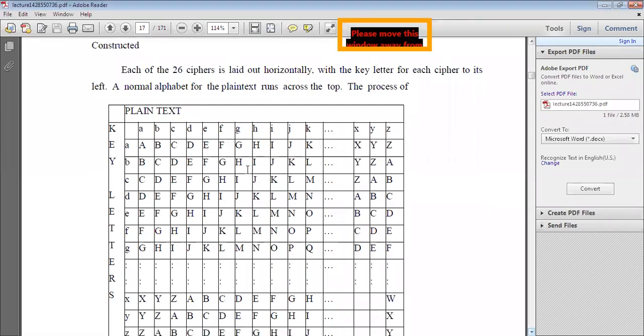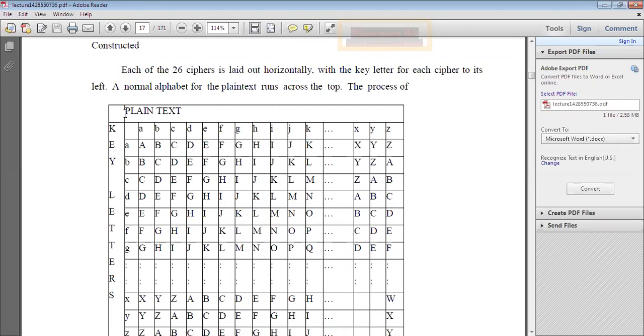In this matrix, the top columns represent the plain text, and the rows represent the key letters.